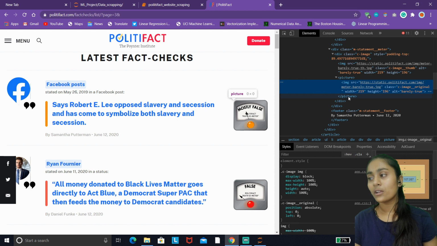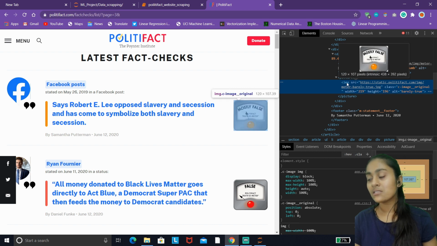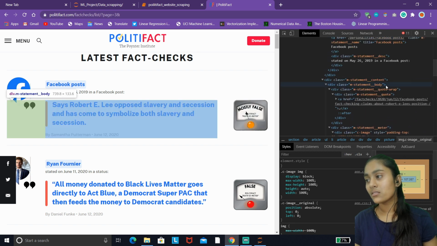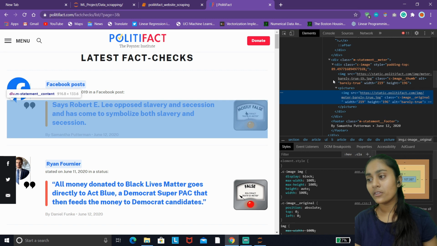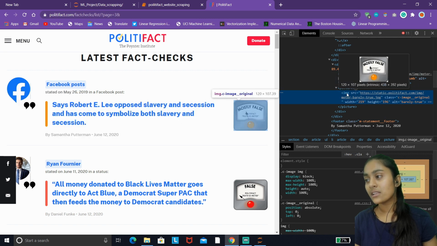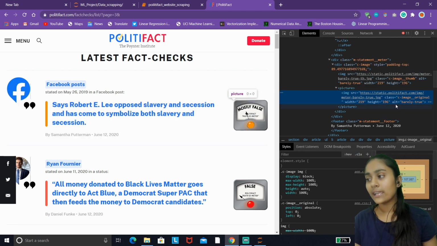So what we have to find is the image tag. Now see where this image tag lies. Just have a look at the division tag in which we can see our image tag. This division will work, because it contains our image too. Just find that division tag first, then find your image tag, then using the dot get function and passing alt as an attribute, you can easily extract the value you want.